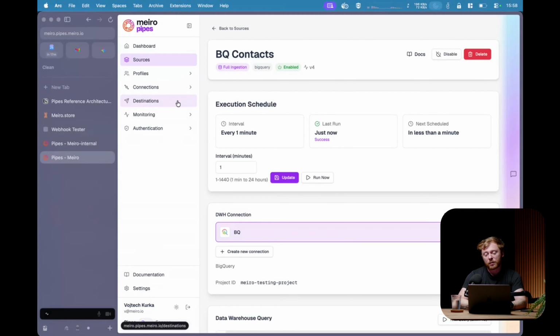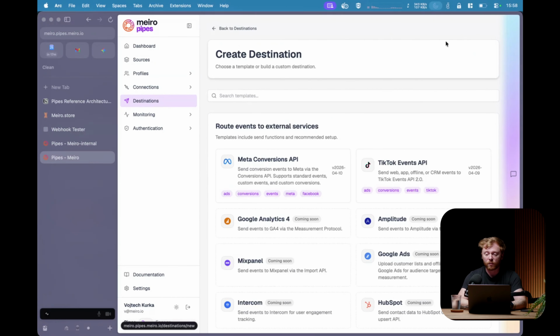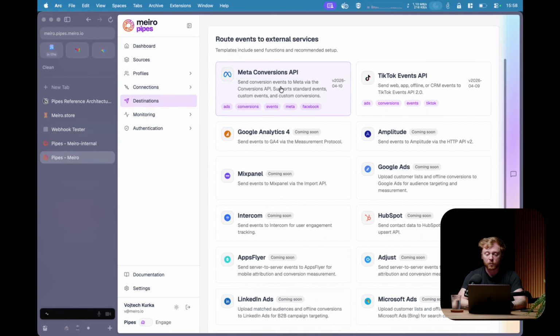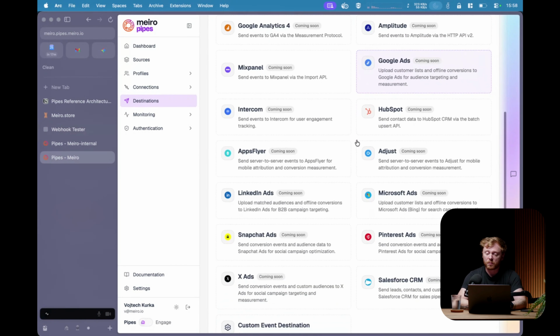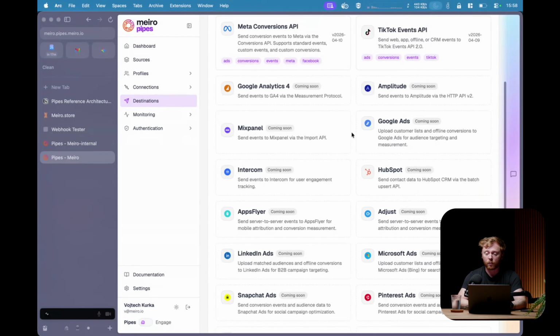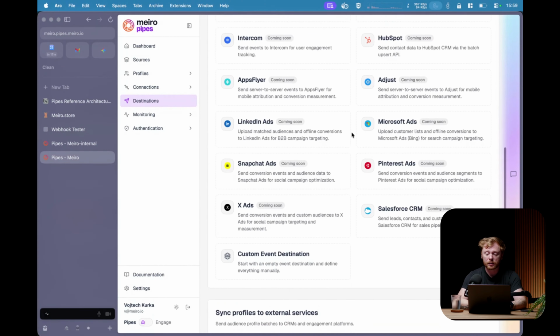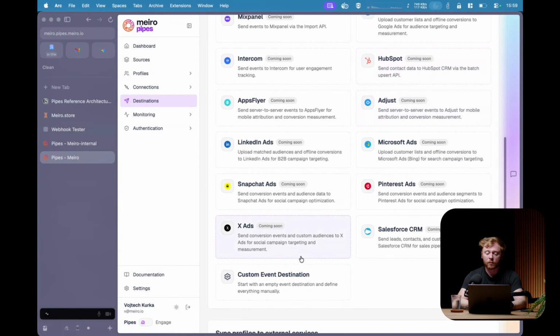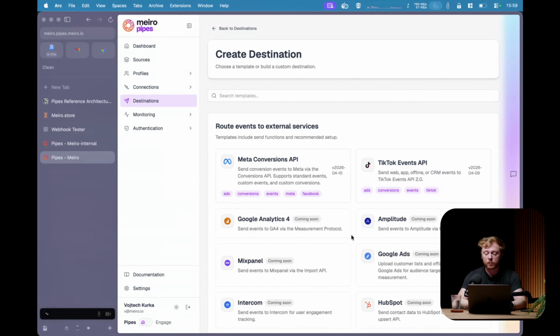Now let's move to the other side of the spectrum. Those are destinations. And we have very simply two types. The first one is event destination. Because when you are loading events like page views and add to cart and clicks and send emails, you want to maybe route it into Facebook conversion API or Google Ads or anywhere else like Mixpanel for product analytics. So you simply select the template or you build your own event destination, and whatever comes goes to the event